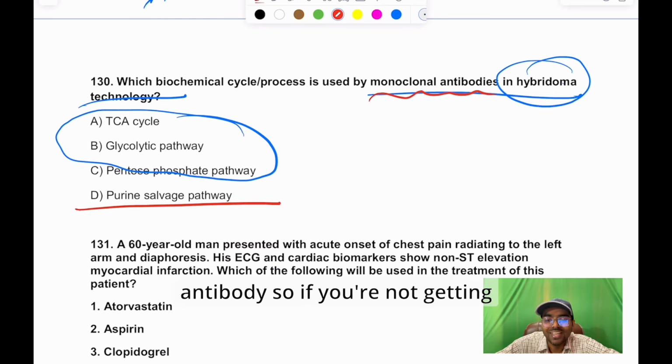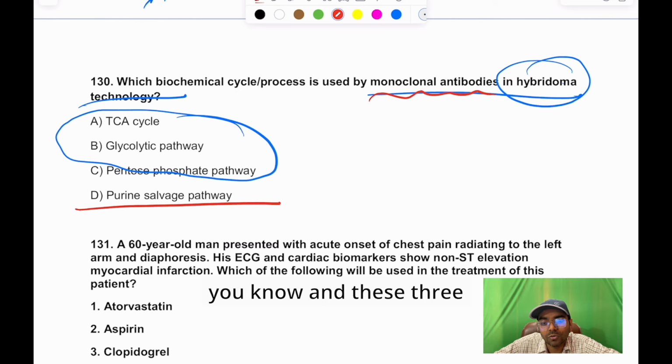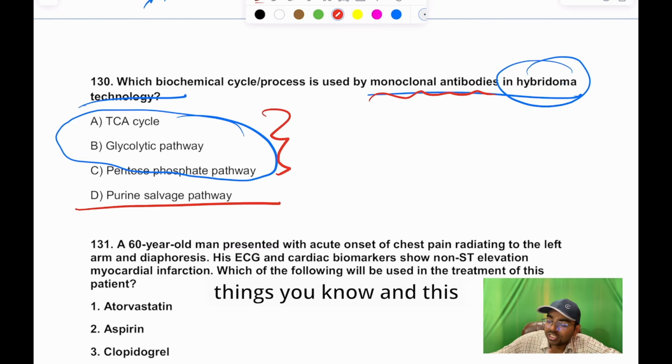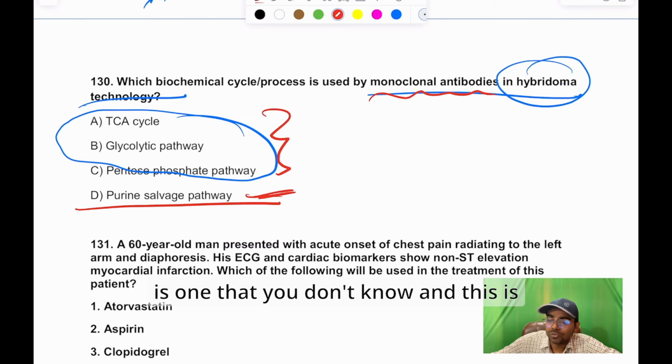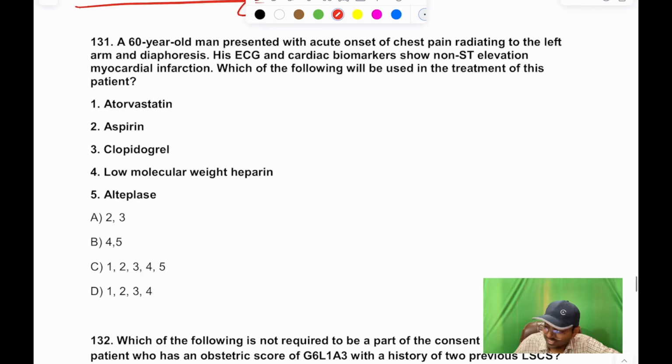So if you are not getting any way out, just eliminate what you know. These three things you know, and this is one that you don't know. Just connect both these two things. 31,